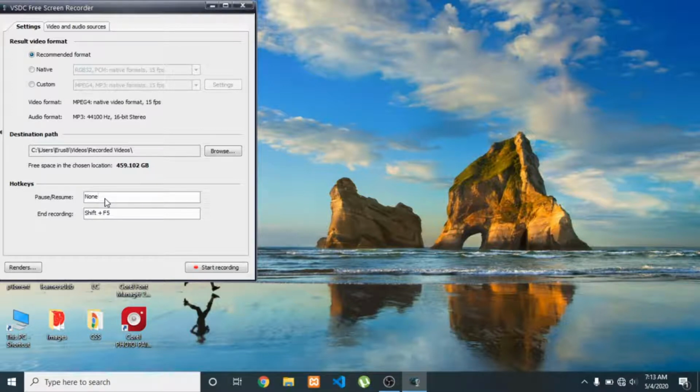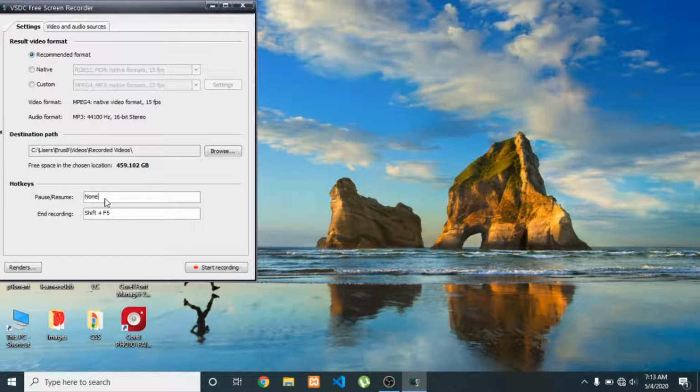See, I have deleted the pause, resume hotkey for the screen recorder. If I want to assign it, I can. At first I have to delete the existing hotkey by pressing delete or, I think, backspace.